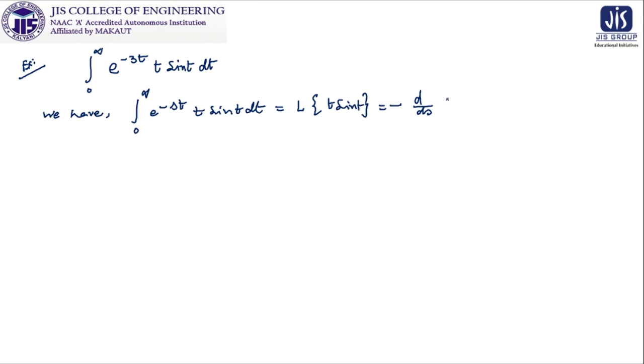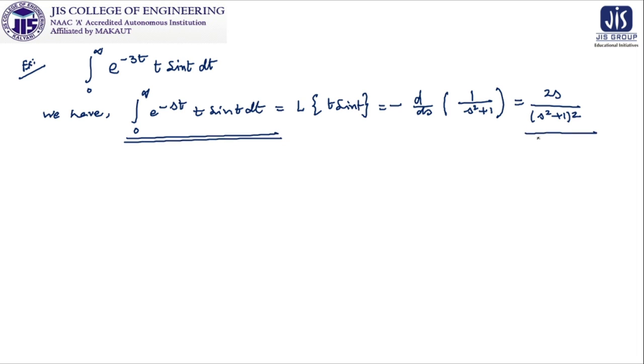So Laplace transform of sin t, as it is known to us, is 1 by s squared plus 1, and differentiating it with respect to s, we get the result as 2s by (s squared plus 1) whole squared. So this improper integration is equal to this one. So if I want to find the result which is asked of us, where I put